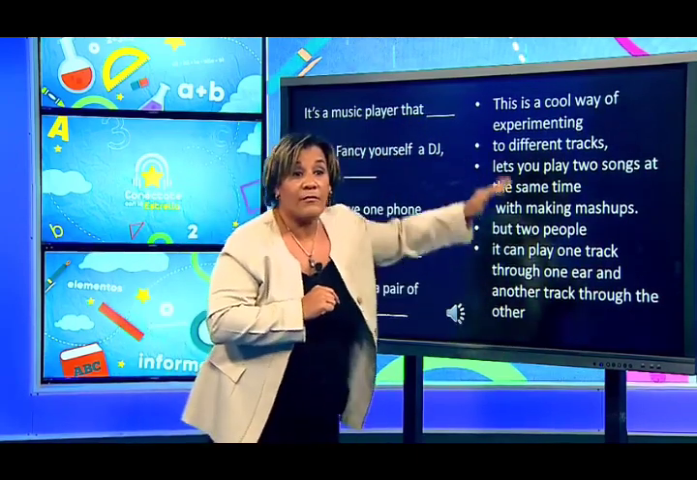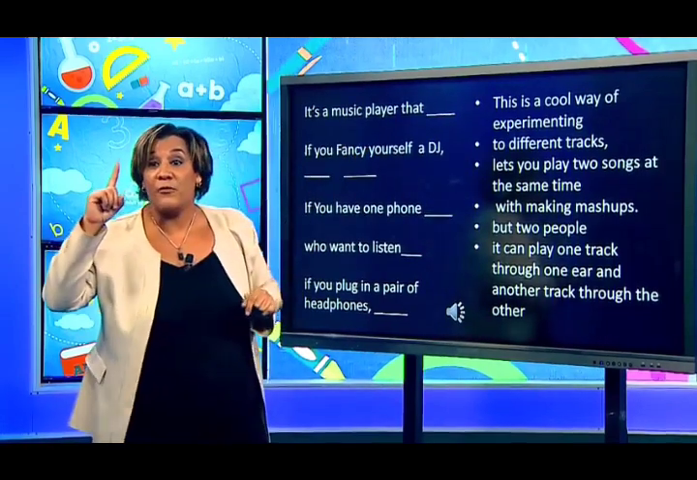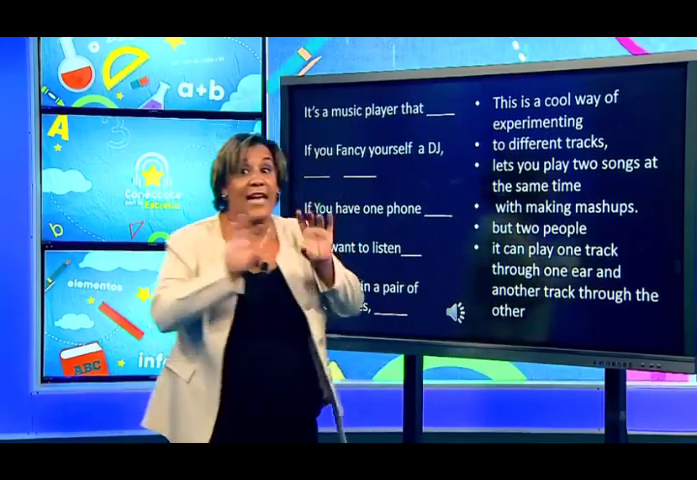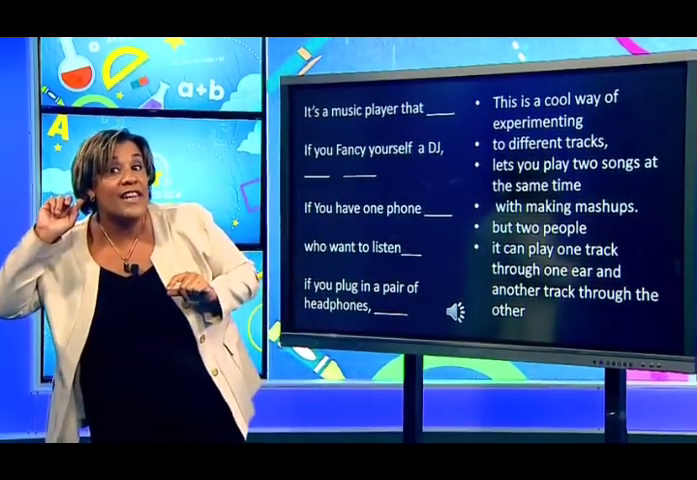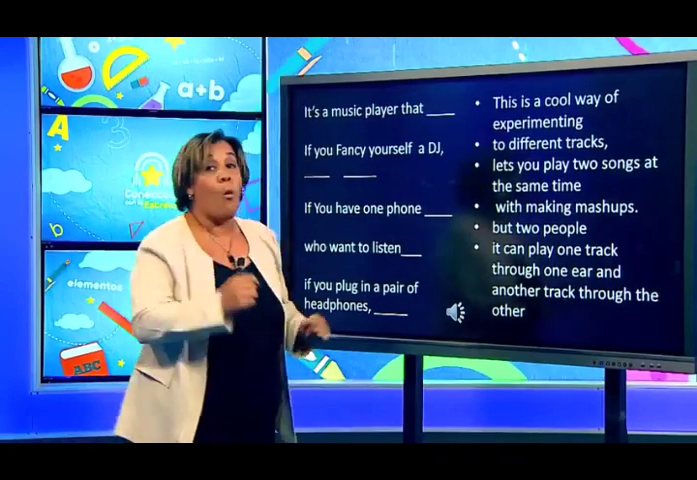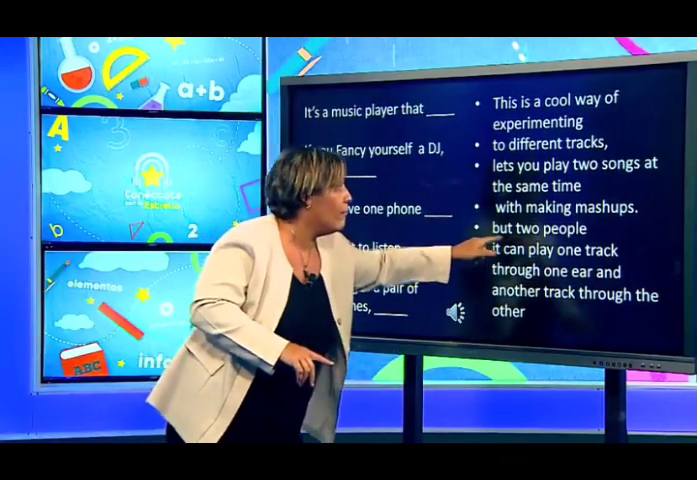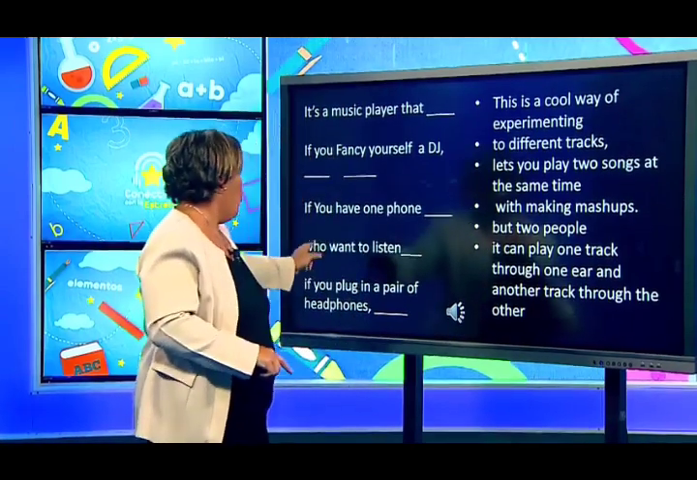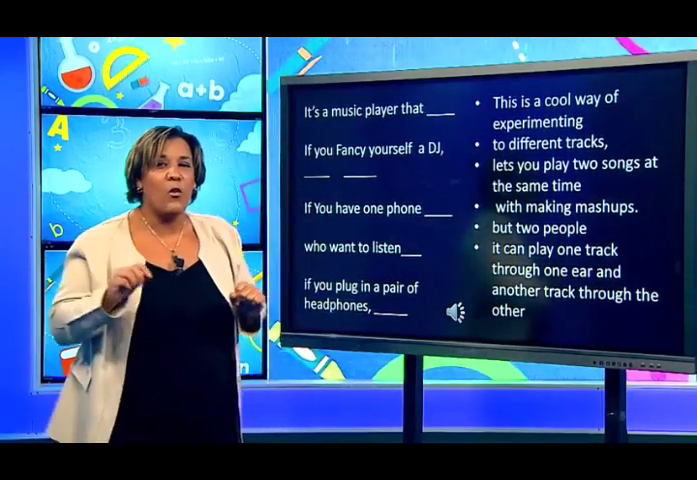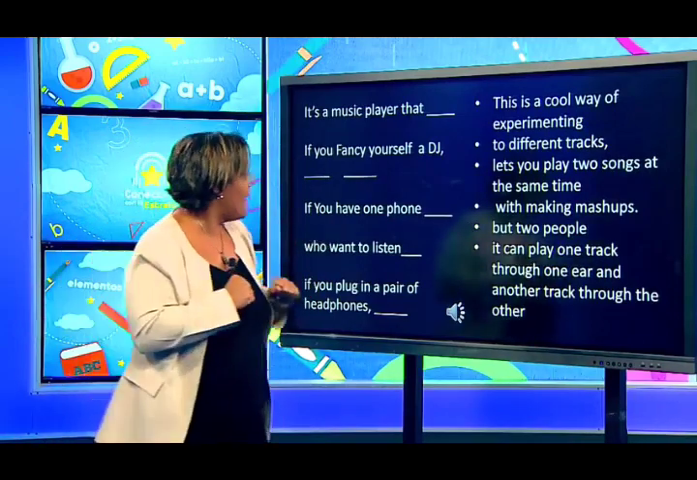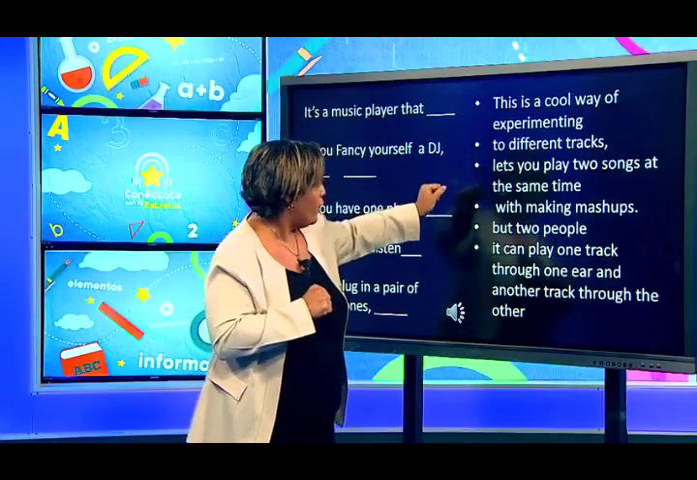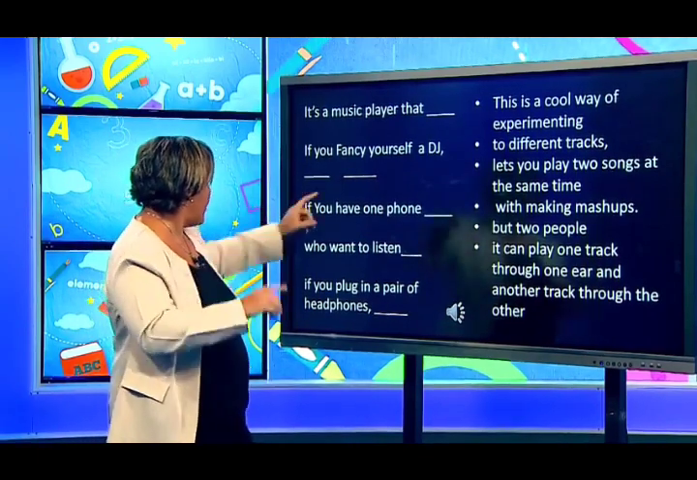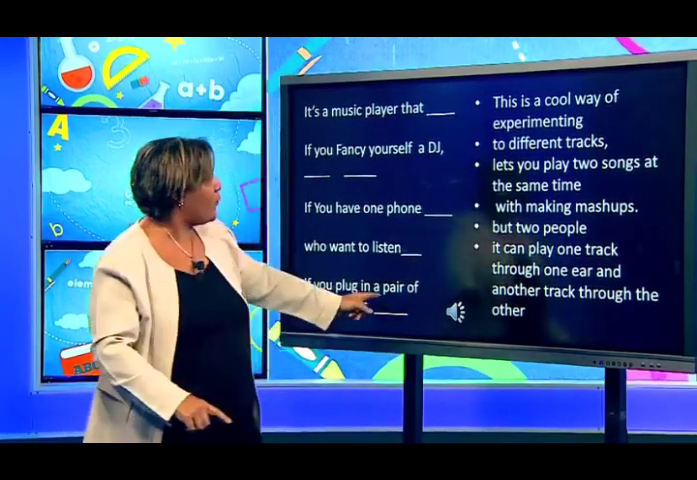Which is the answer. If you fancy yourself a DJ, you have two sentences here. You have to use two of the sentences. And in order, that means that you have to listen. If you have one phone, this one, who want to listen, so you have two people who want to listen to different tracks. If you plug in a pair of headphones,